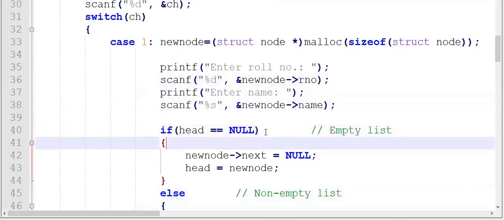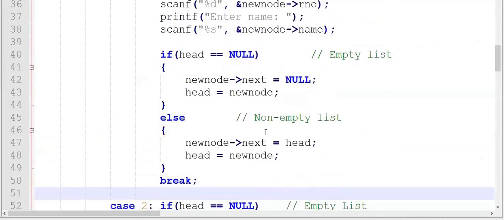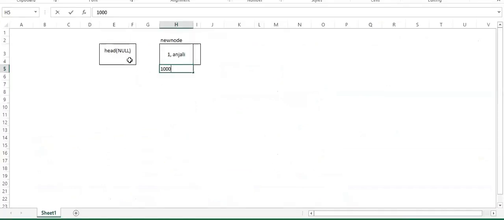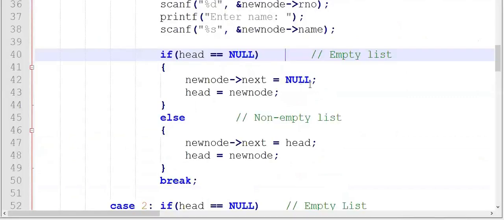Now here, if head is equal to null, so let us check what is the value that our head is having. So our head is having the value null. So if head is equal to null, since the condition is true, we shall now be entering into this statement, that is the if condition.